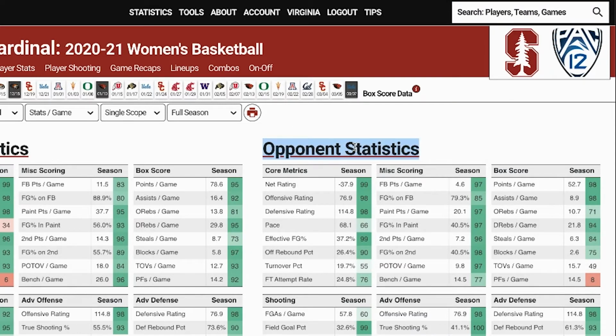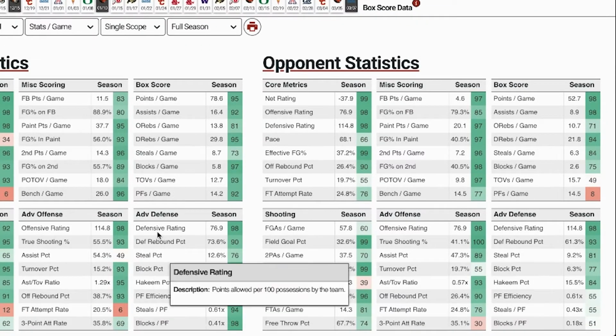What these calculations are is we're simply computing what the team allows on average to its opponents across all of these different metrics. The motivation for opponent stats is that previously for defensive metrics, there just weren't a lot of good stats to look at for team defense. Teams could look at blocks and steals, defensive rebounding, personal fouls, and it's not too hard to compute a team's defensive rating. But other than these handful of metrics, teams historically haven't had much else to rely on as far